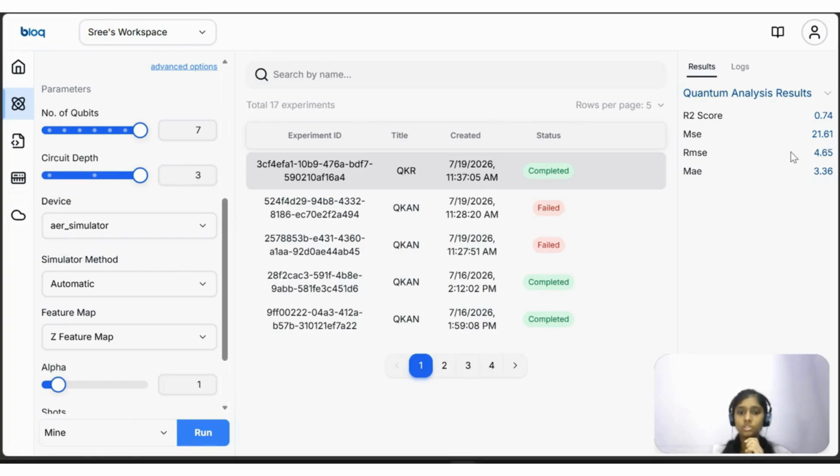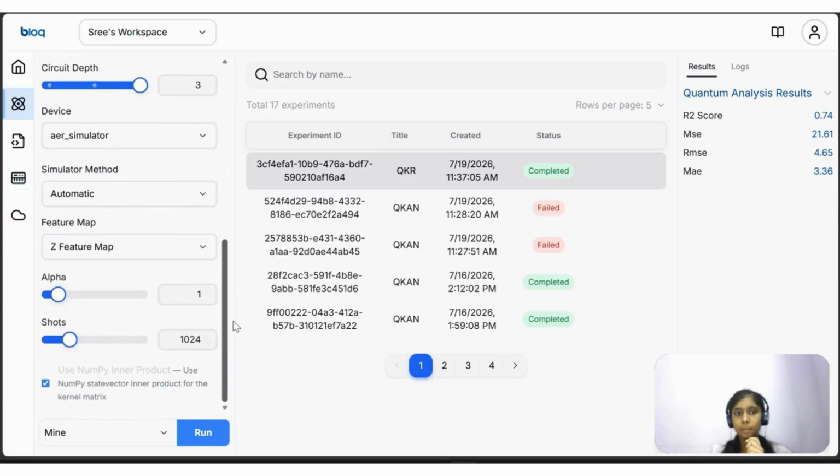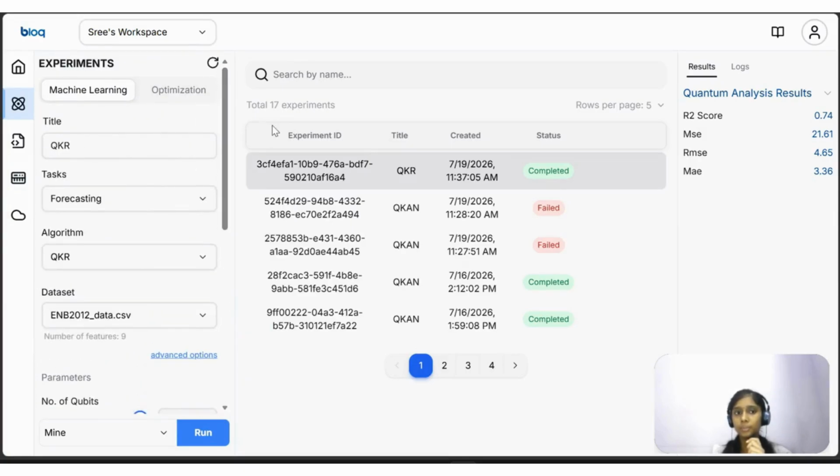This shows that the model's predictions are on average about 4.6 units away from the actual values. So finally, the mean absolute error is 3.36, which indicates a relatively low average prediction error. Overall, the results demonstrate that the model provides reliable regression performance with reasonably accurate predictions, and also on varying the other parameters here, better results can be obtained.